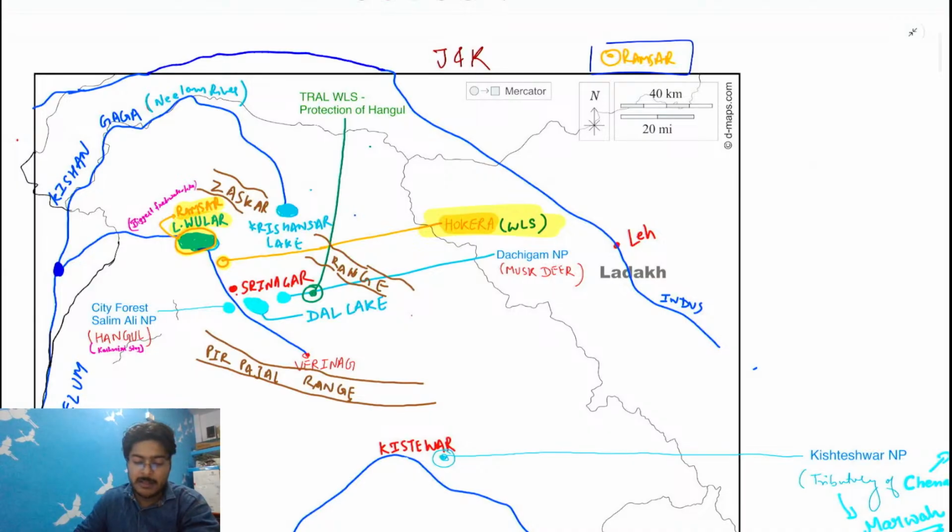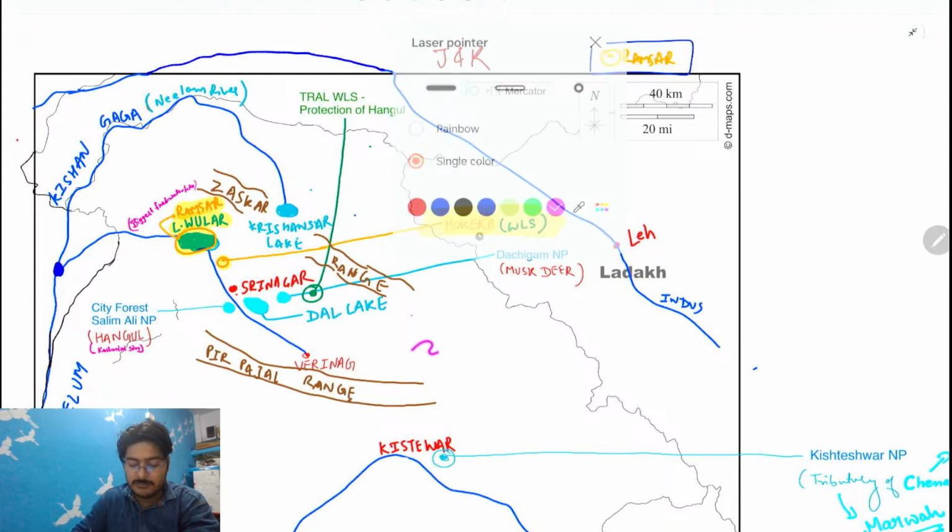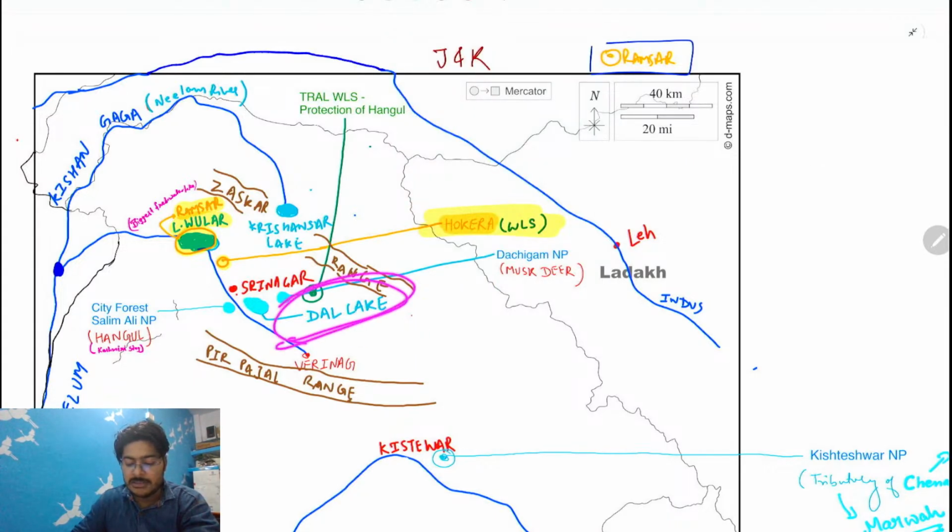Let us revise it again. So we have what? We have this Dal Lake. This Dal Lake is basically a freshwater lake, but the largest freshwater lake is the Wooler Lake. Largest freshwater lake is the Wooler Lake, and Dal Lake is also a freshwater lake. And between them we have what? We have the